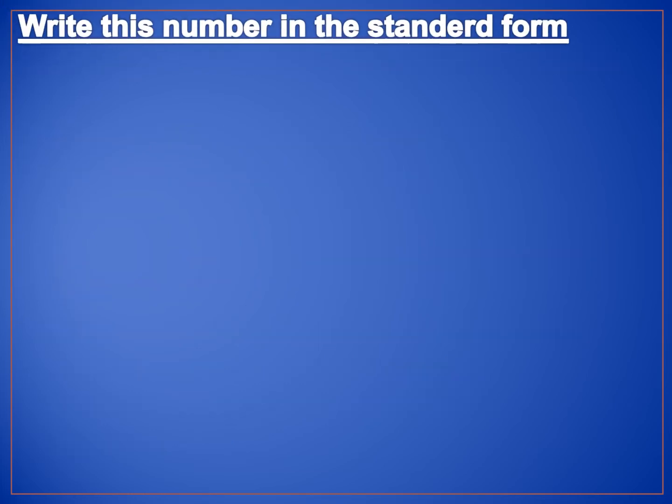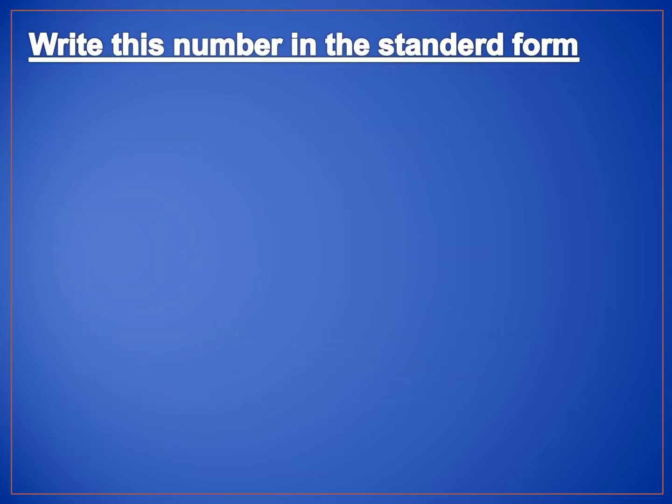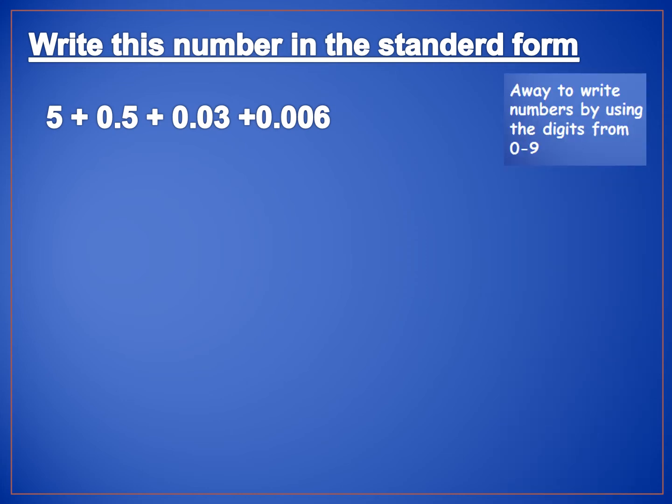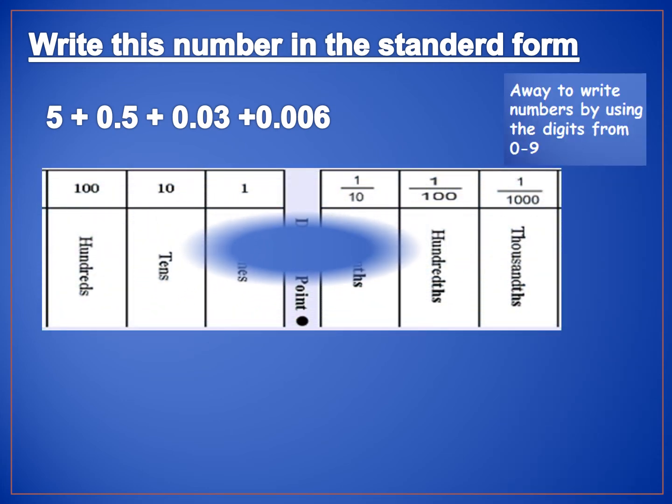Okay, let's do an example. If I say, dear guys, write this number in standard form, which is that one, 5 plus 0.5 plus 0.03 plus 0.006. How to write that number in the standard form? Let's remember the place value chart, which is that one. Here, decimal point in the middle, on the left of the decimal point, ones, tens, hundreds, thousands, as normal, of course, as you know, and on the right of the decimal point will be tenths, hundredths,